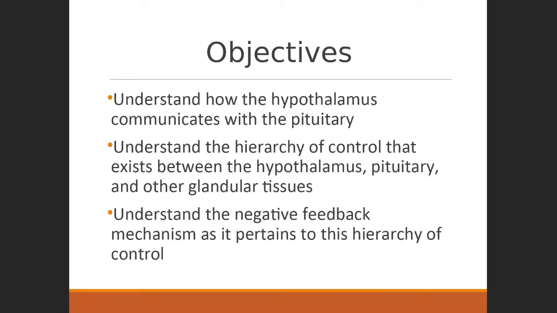As we look at this particular section, that's what we're going to be focusing on. We're going to understand the two different mechanisms by which the hypothalamus communicates with the pituitary. We're going to try and understand this hierarchy of control that exists between the hypothalamus, the pituitary, and other glandular tissues. And in particular, we're going to focus on the thyroid gland. Not that that one's any more important than others, but it's a common one that a lot of people are